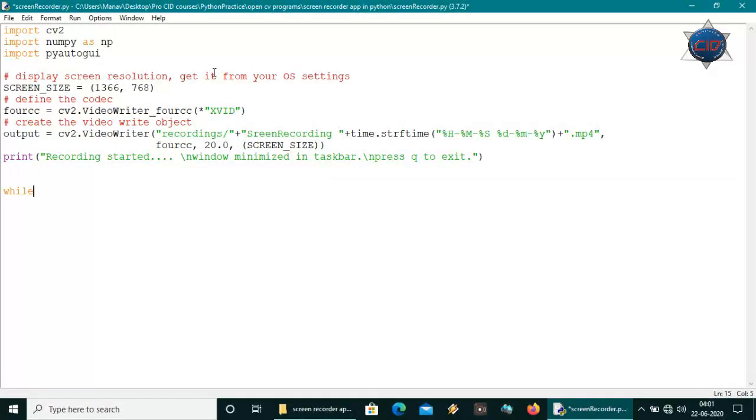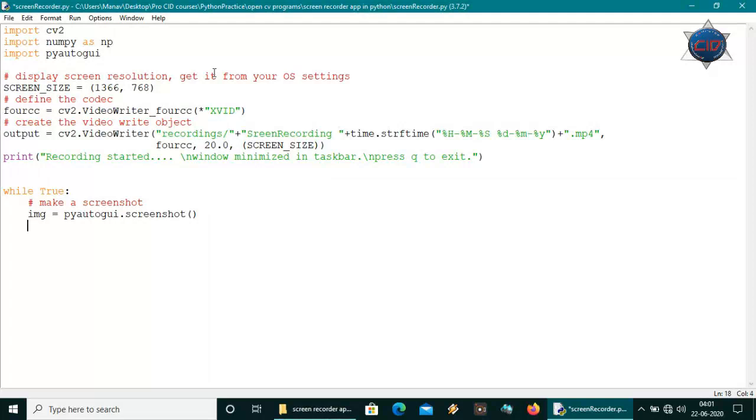So I will use while True now, and under that we'll make the app run for infinite time, and we'll break the loop when the user presses Q. So let's take the image from PyAutoGUI. Let's call pyautogui.screenshot.